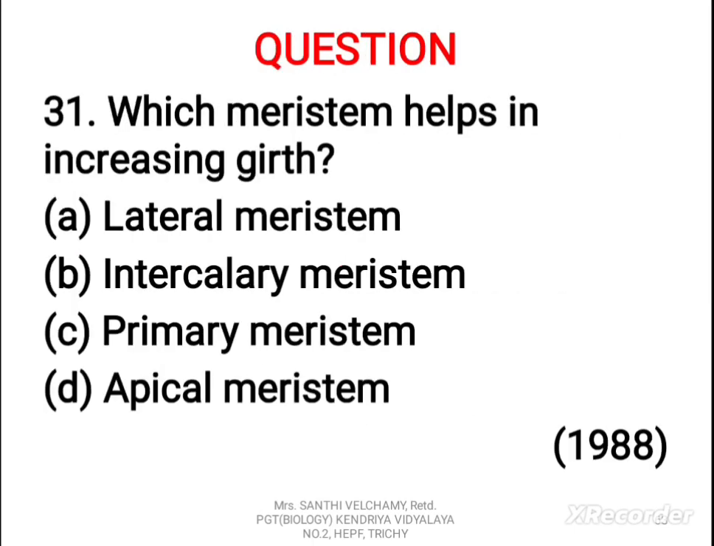Now next question. Which meristem helps in increasing the girth? A. Lateral meristem, B. Intercalary meristem, C. Primary meristem, D. Apical meristem. The correct answer is A, lateral meristem. The lateral meristem is responsible for lateral growth of the plant, that is the growth in